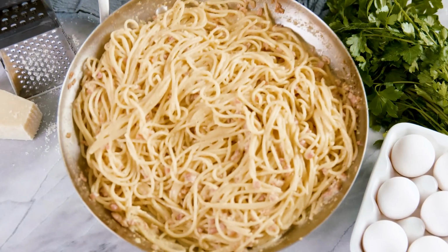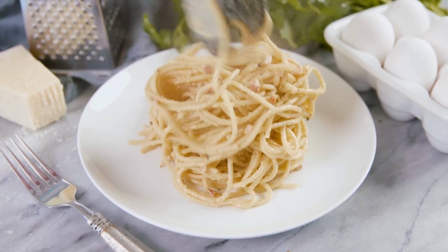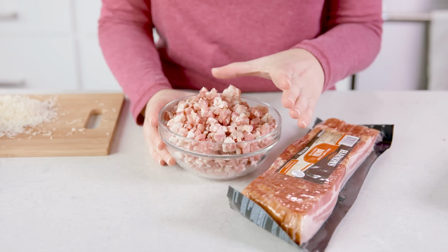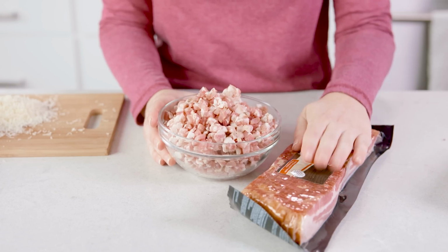Today on the Stay at Home Chef, I'm showing you how to make pasta carbonara. This is an easy, classic Italian dish that's ready in about 20 minutes. Authentic carbonara is made with guanciale, but today we're going to be using some diced pancetta, or you could use some diced thick-cut bacon. I have a large pot of water coming to a boil on the stove, but before